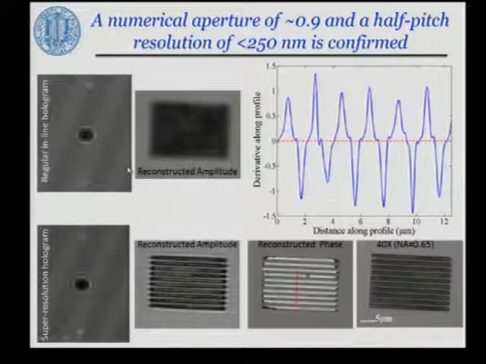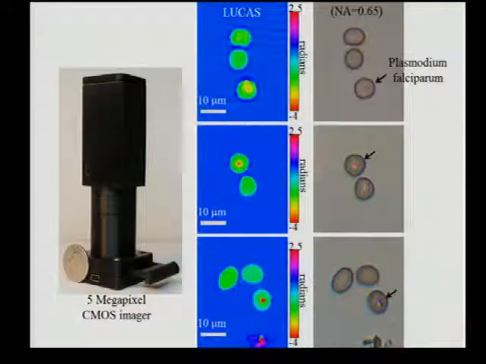It's a 5 megapixel imager, which I believe none of your cell phones currently have. A single reconstruction would not yield the resolution that you demand, but with pixel super resolution, you can reconstruct both amplitude and phase of these objects. And you can still put this together in a field portable design.